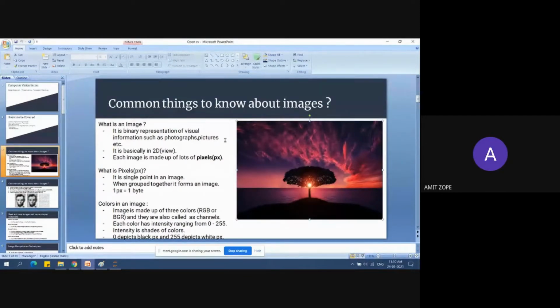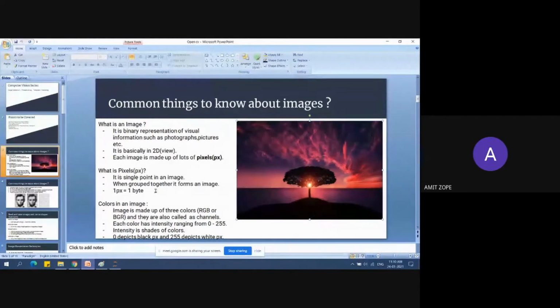Means there are channels. There are three channels, that is RGB. When we go into the hands-on part, the image is first stored in the form of BGR. We prefer to use RGB, so I convert it from BGR to RGB.